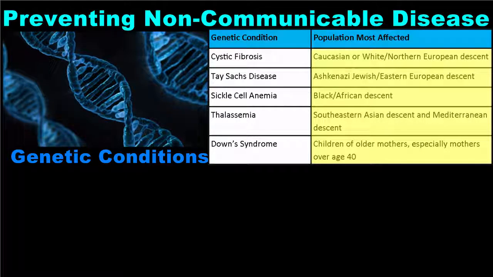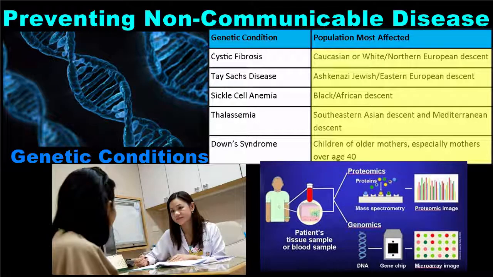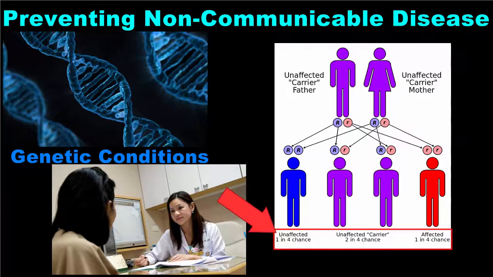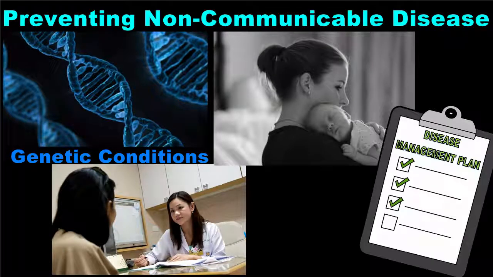If you happen to be a member of one of these population groups, or if a specific genetic disorder runs in your family, you may undergo genetic screening to determine if you are affected. You may also seek genetic counseling. A genetic counselor is a health professional who helps families understand an inherited disorder and assess their risk of passing the condition on to their children. In the most serious cases, a couple may decide not to have children at all because the risk of inheriting the disorder is too great or the disease is too severe. In other cases, health professionals simply help to design a disease management plan so affected individuals can still lead a relatively healthy life despite the illness.